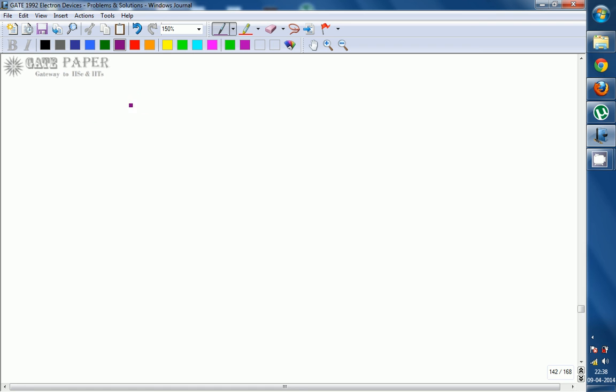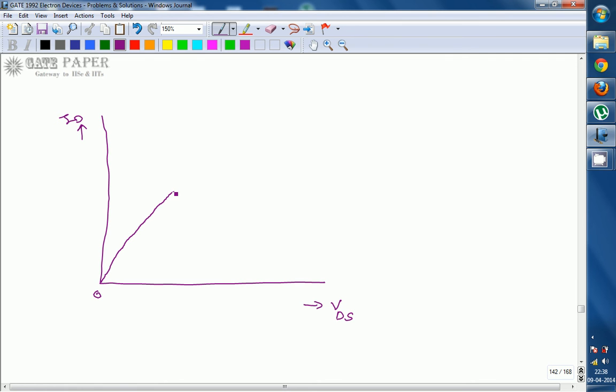So we can draw the characteristics in this way. These are the drain or output characteristics. Look at this one, it is very important. Drain or output characteristics are always plotted between output current ID and output voltage VDS, for a given VGS minus VT. Initially as VDS increases, the current increases and then becomes constant like this. This is, for example, VGS minus VT equal to 3 volts.